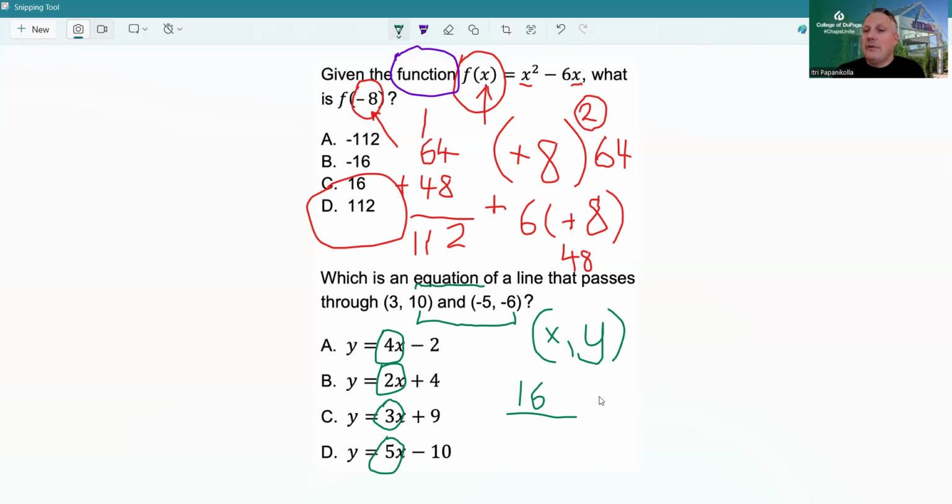Think of it like that. You owe $6, and then now all of a sudden you have 10 in your account, right? So you paid six back to get your account to zero, and then you put another 10. So 16 total, moving from -6 to 10. You can also think of it from -6 to zero. It's six positions, and then another 10 is 16. We're going to put the y on the top,